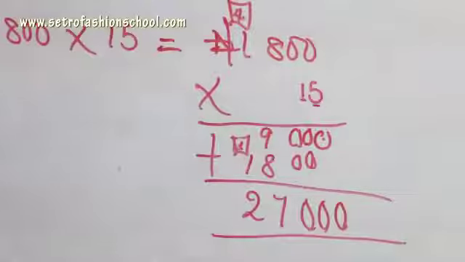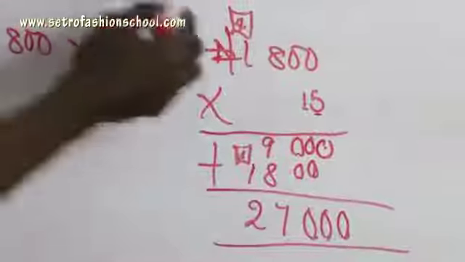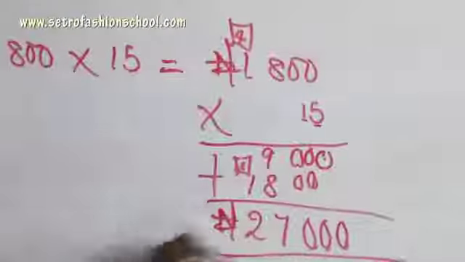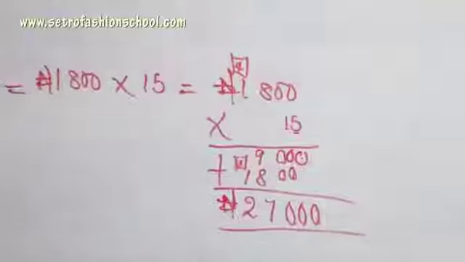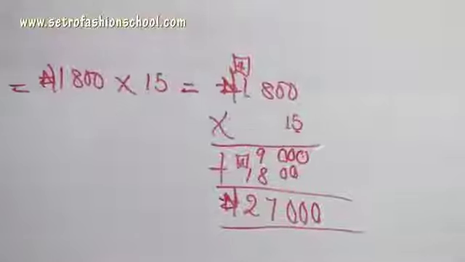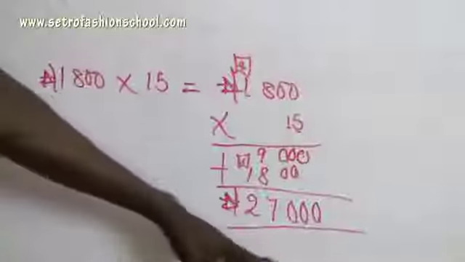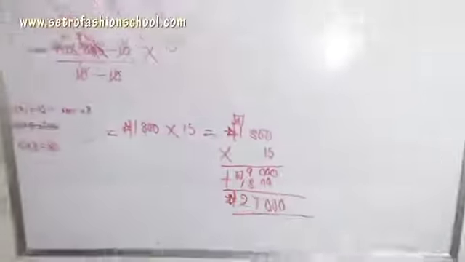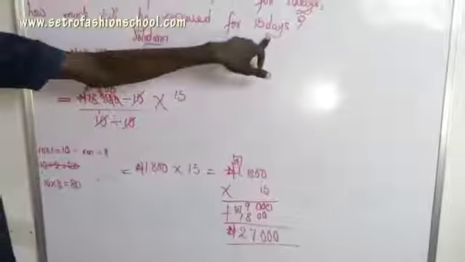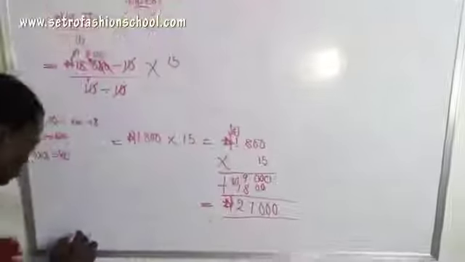You have 27,000 naira. Don't forget your naira. Put it down. Now, that's to tell you that what? Good. That the man will collect 27,000 naira. The driver will collect 27,000 naira, no cover, in 15 days. This is the amount, which means